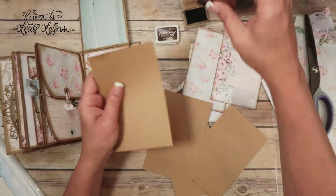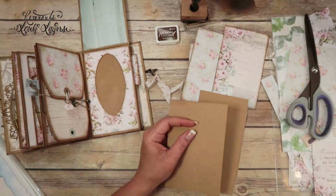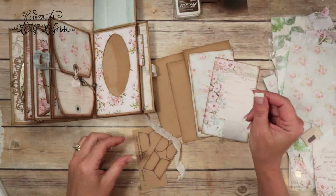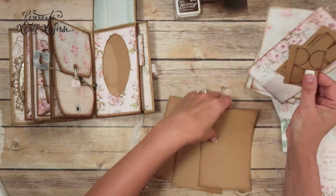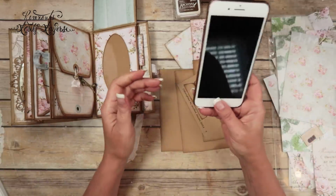All right, this video is getting extremely long. I think I'm going to ink these off camera and be back. All right, I have all of those inked up, and I also got some tabs out. Before we attach these down, I want to add some tabs to these. So while we're doing that,